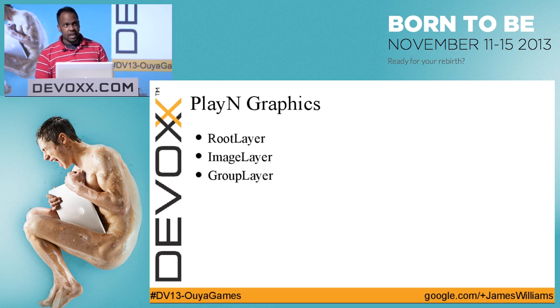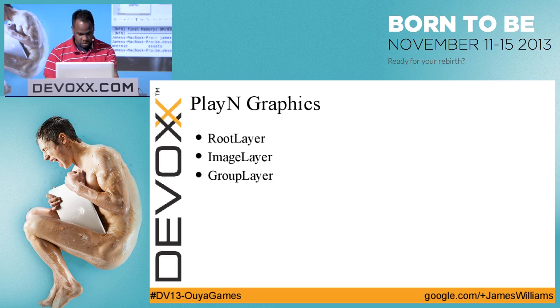Because it's 2D, most of it depends on images and layers. So there's a root layer that controls your whole world, and you add your individual image layers to that root layer, and everything gets drawn. So if we go back to our code,